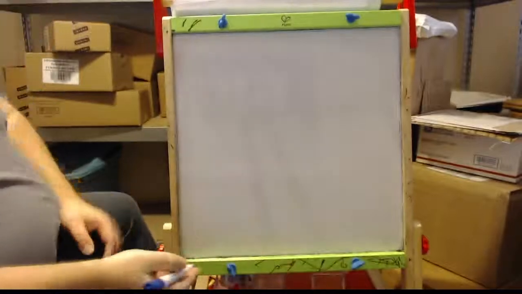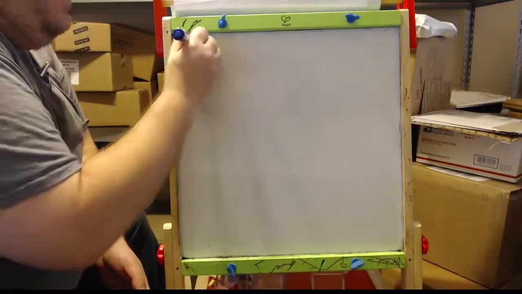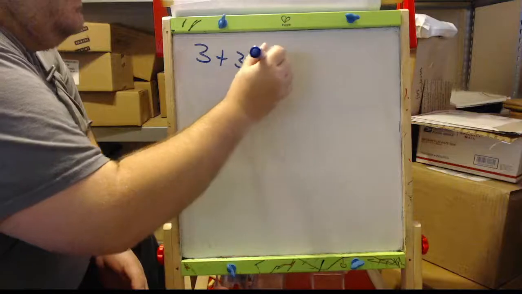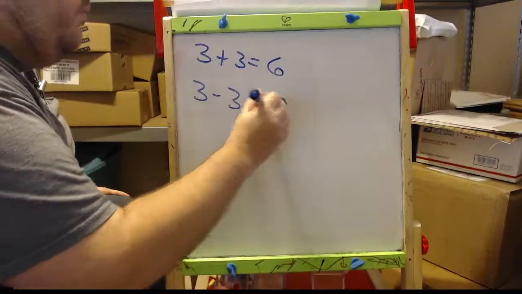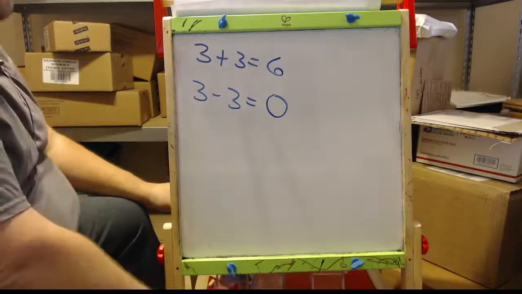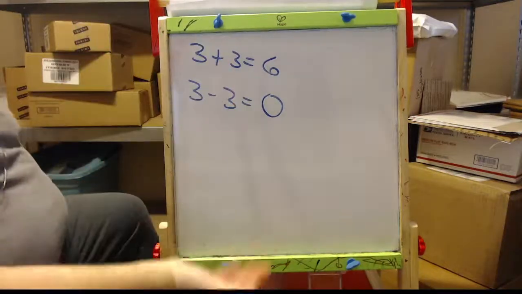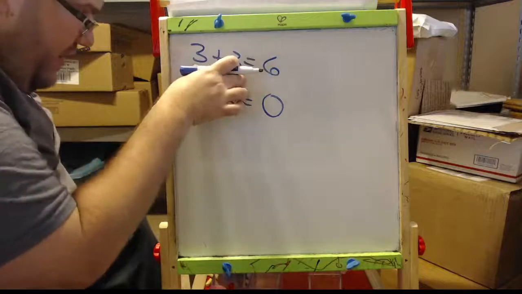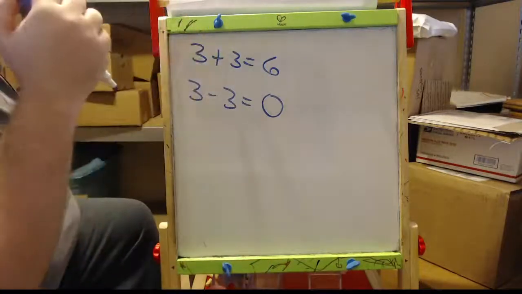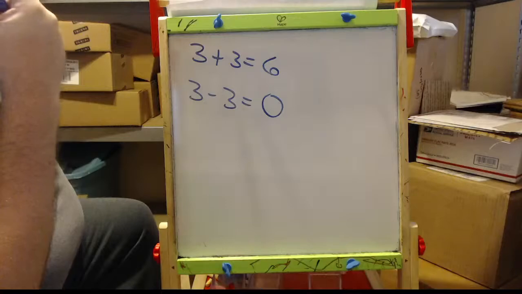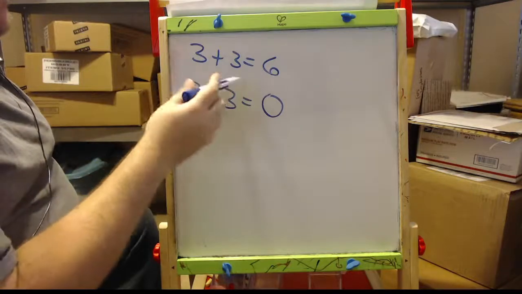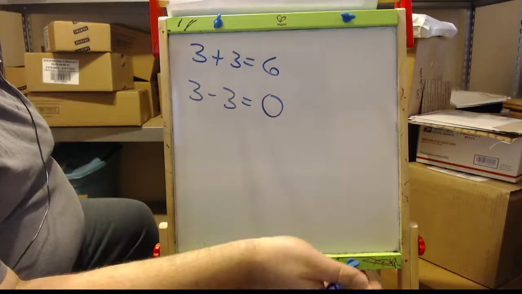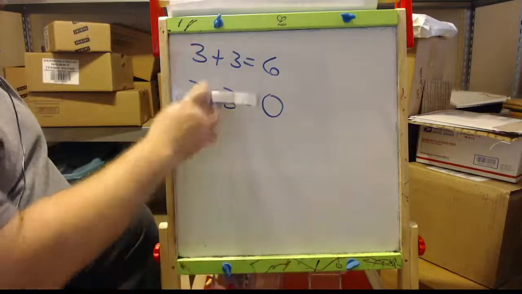Now with integers, what we can do is, all right, so we know 3 plus 3 is 6. We also know that 3 minus 3 is 0. What they don't teach you in class is, how could I put this politely? When they're teaching this in elementary school or in pre-algebra in high school, they teach you adding and subtracting, and then they add a whole new thing with integers, but you're really doing the same thing that you did here